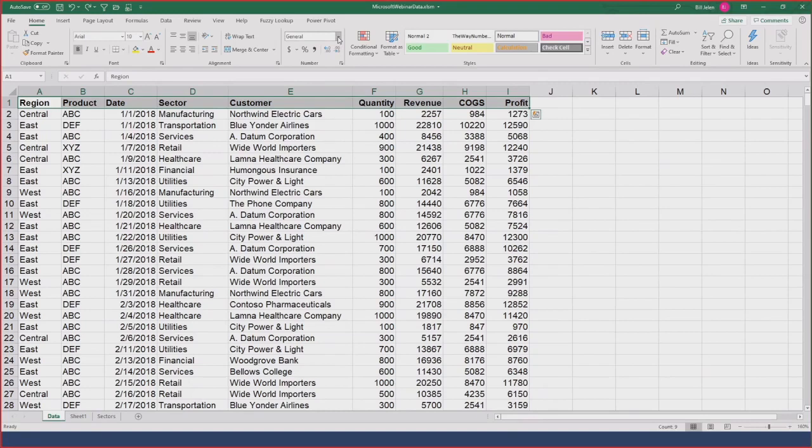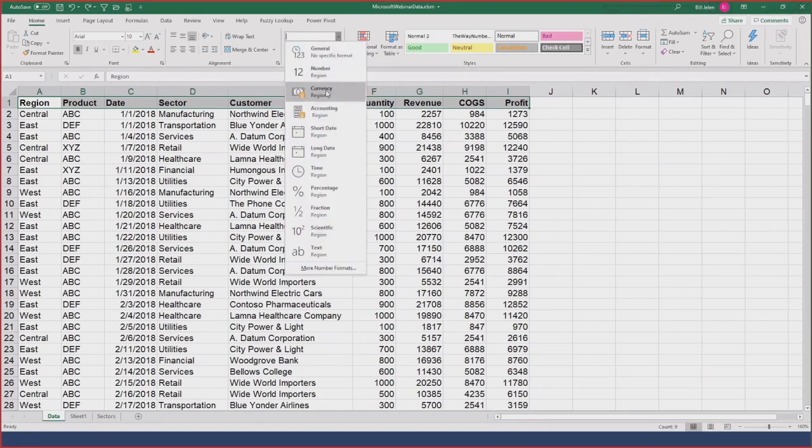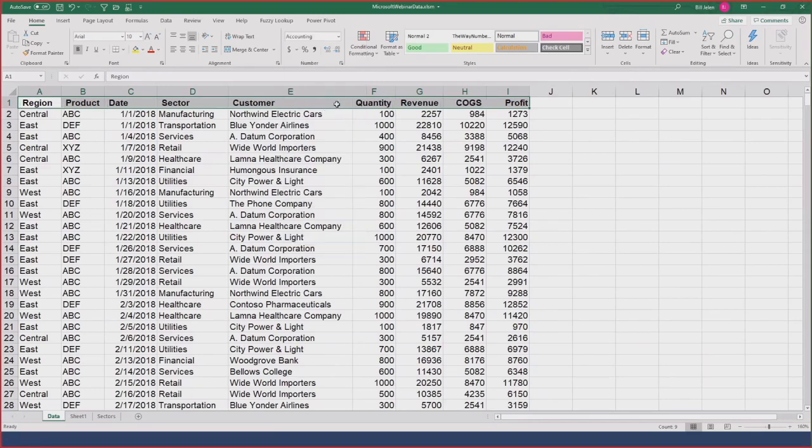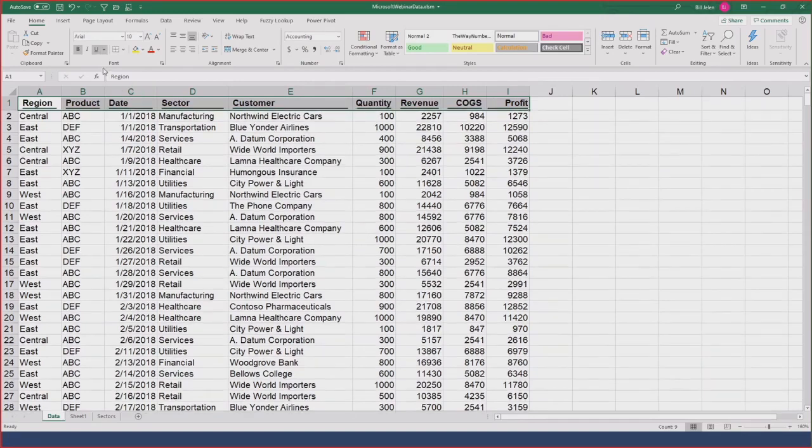I love all of the crazy, obscure features in Excel. If I choose those headings and then come down here to an accounting style, now you would think that that's going to change the underlines, it's going to change the dollar signs, currency, and the parentheses and things like that. But it also does an amazing thing here with our heading. So I changed to accounting style and then turn on the underline.